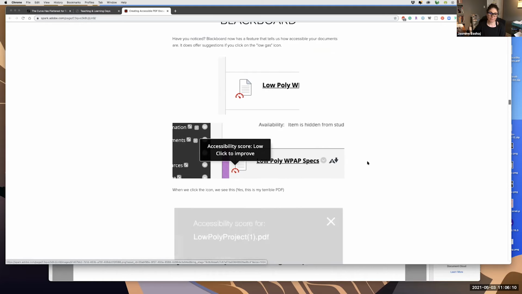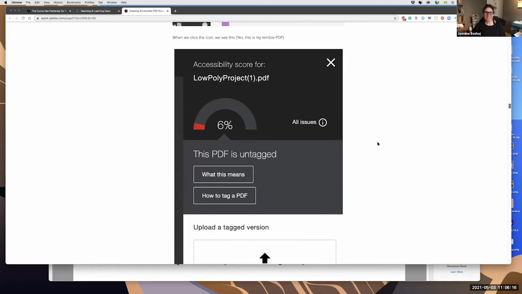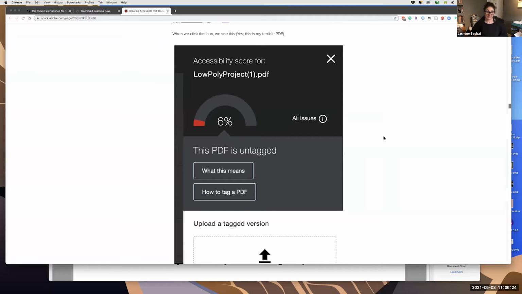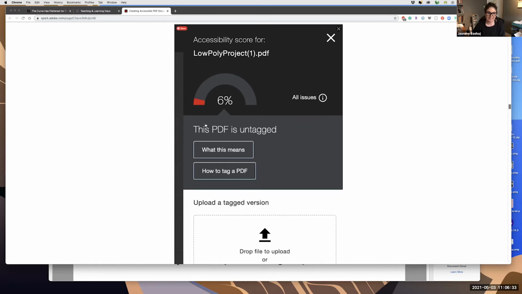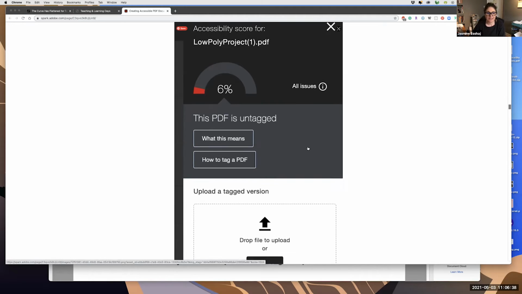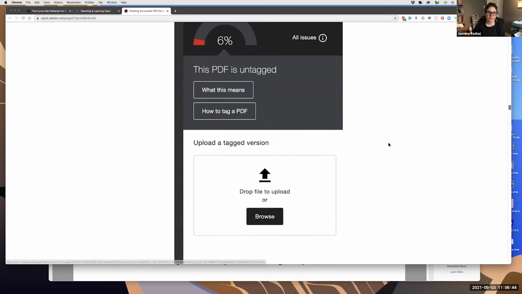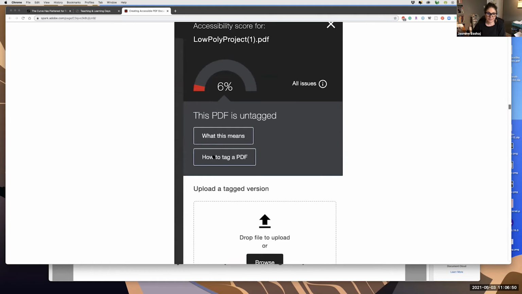So yes, this is my terrible PDF. This is the PDF that I create in InDesign or even Illustrator. And if I just straight export it as a PDF, this is the score I get. So I'm going to tell you what these two mean here. The PDF is untagged, basically, which makes it, of course, hard for screen readers to see what's on my screen here. So when we click how to tag a PDF, this one here, okay,